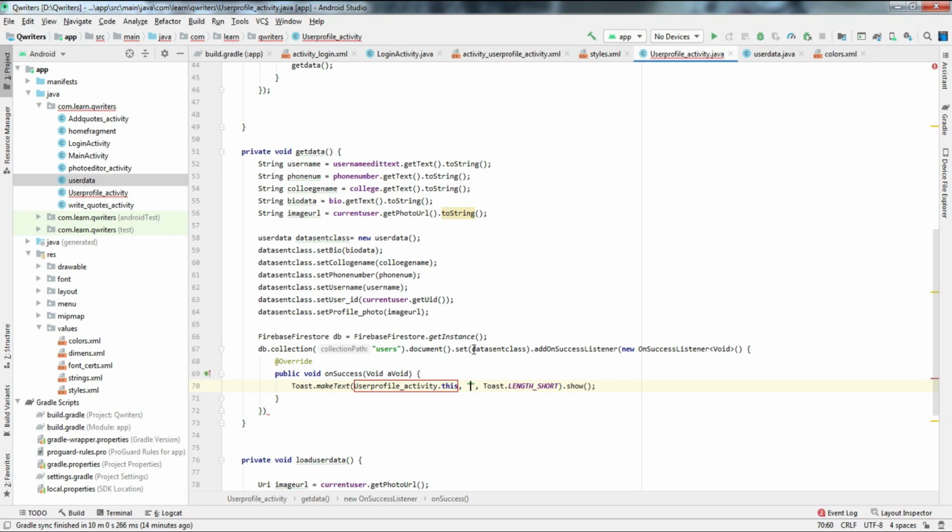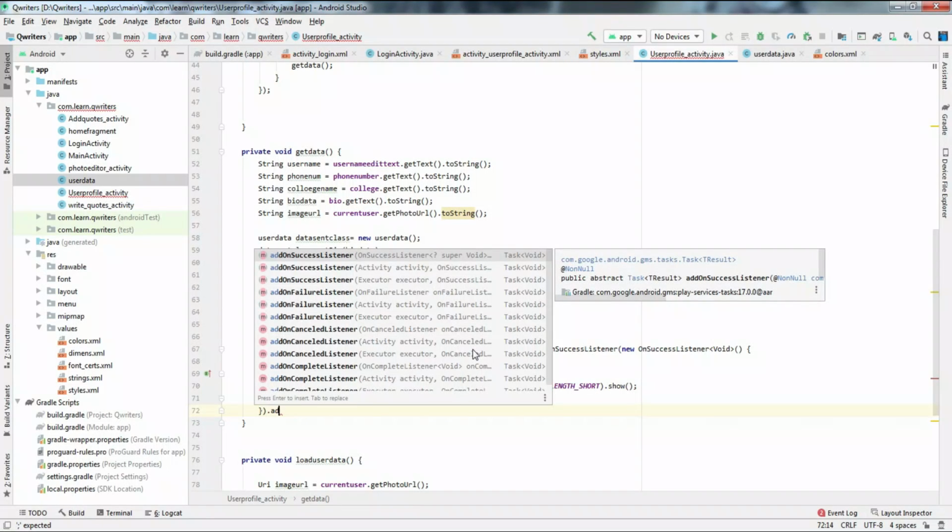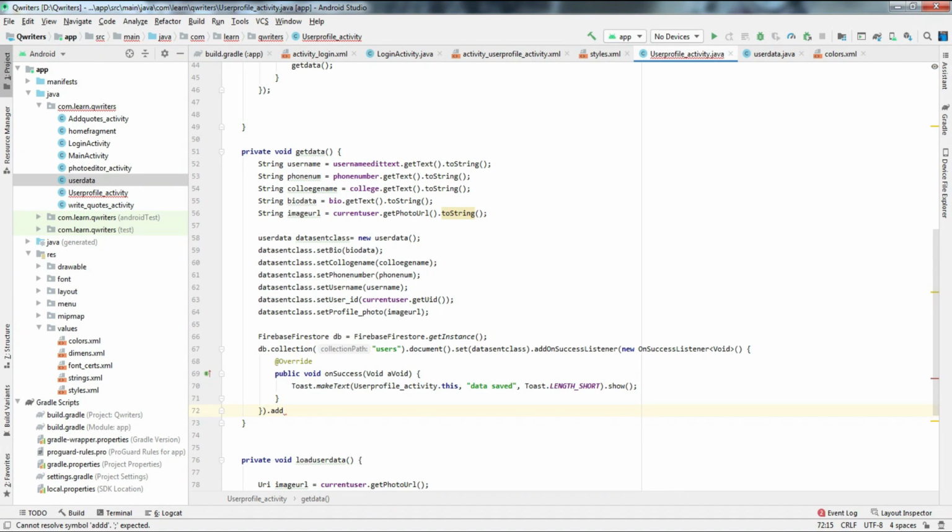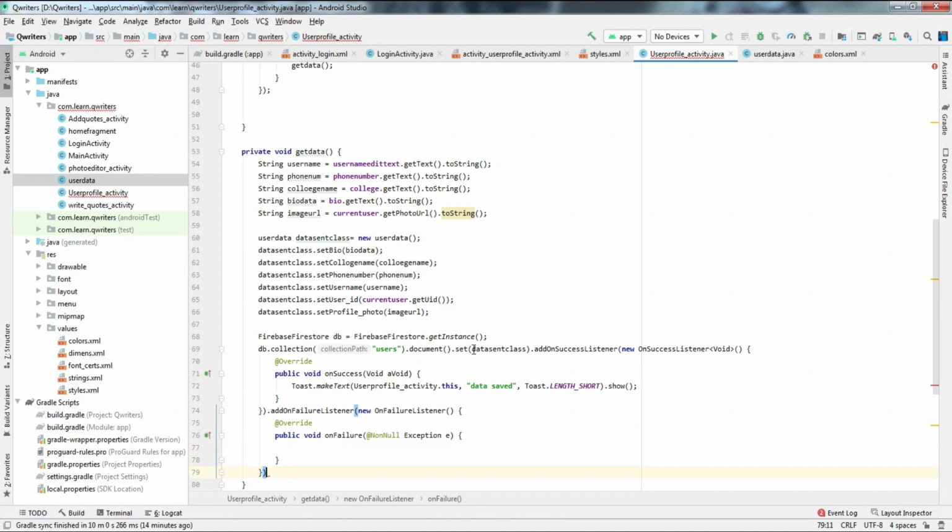Or you can add a failure listener, new OnFailureListener, for when data is not saved. Click close. Similarly you can show the exception, whatever error you are getting here. You can see e dot getMessage.